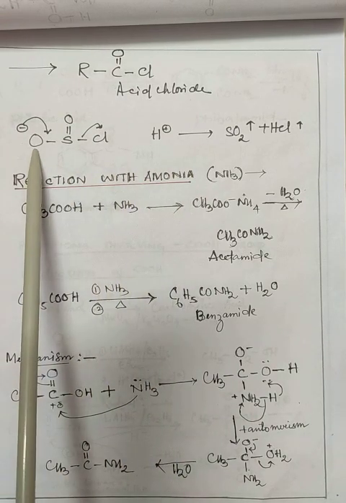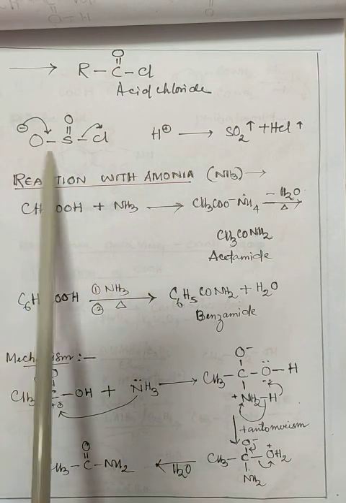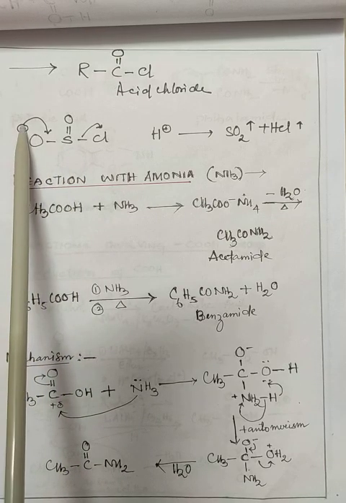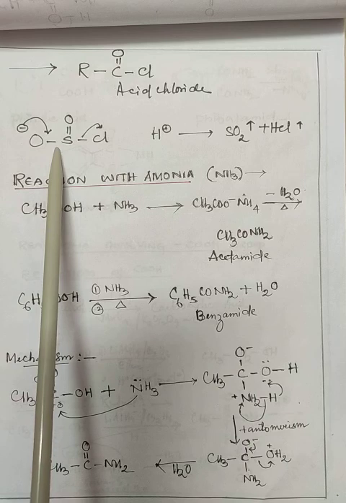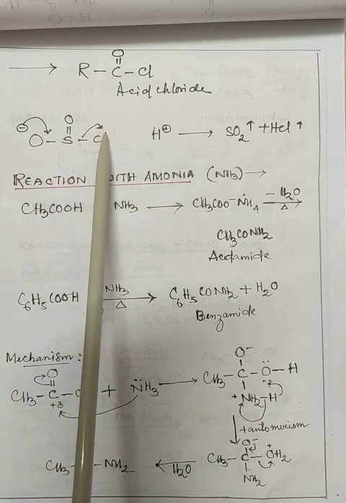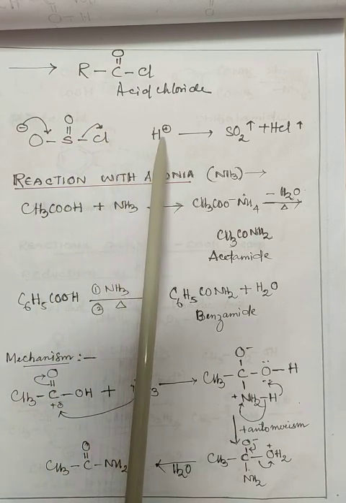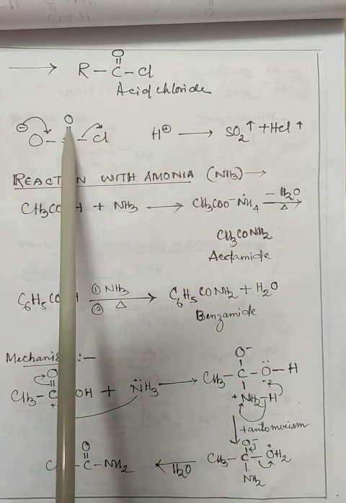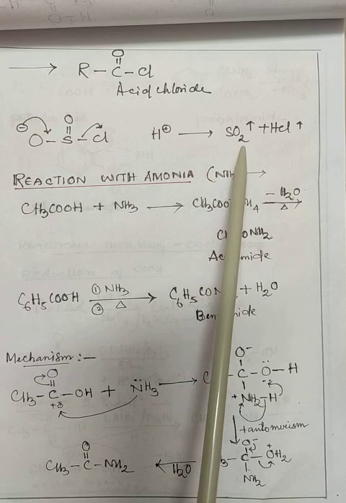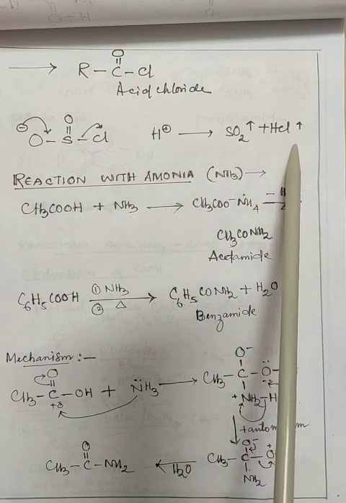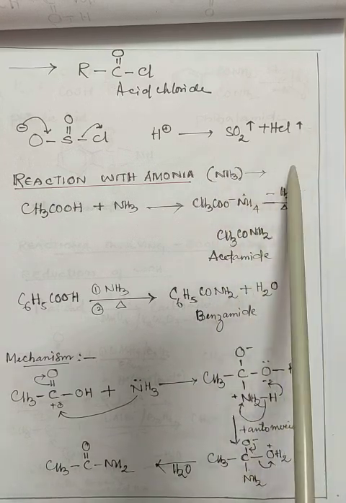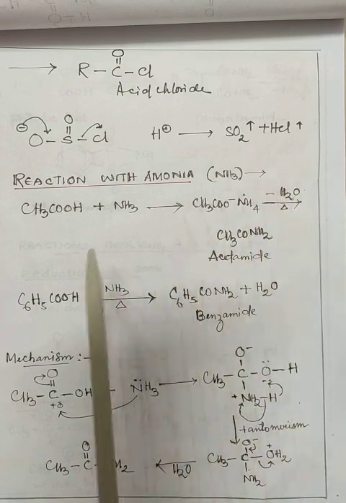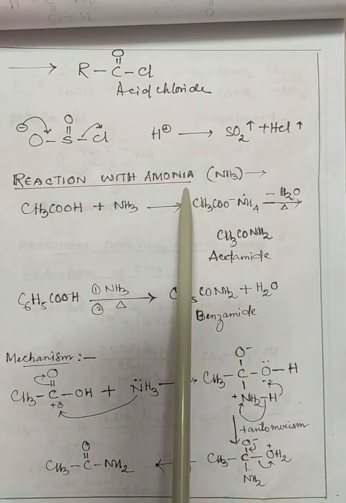Now, whatever we are eliminating from the product, this is thionyl chloride, so the oxygen carries a negative charge, and the negative charge will be given to here, and then this will be eliminated. Then after eliminating, that hydrogen will be connected to this one, that means SO2, then HCl we will get. So this HCl is a gas.